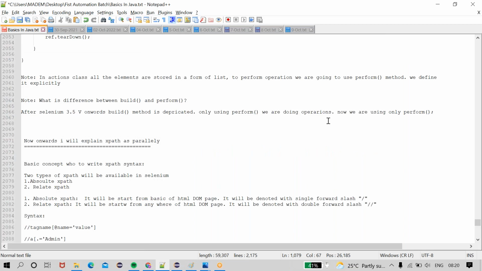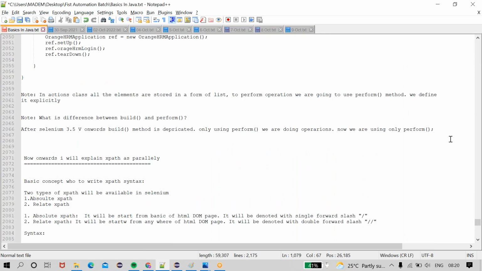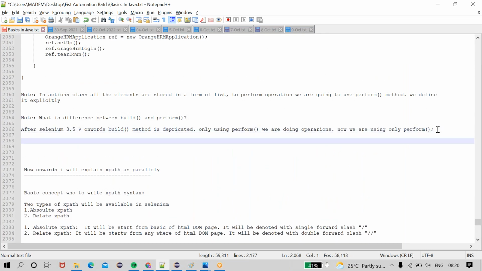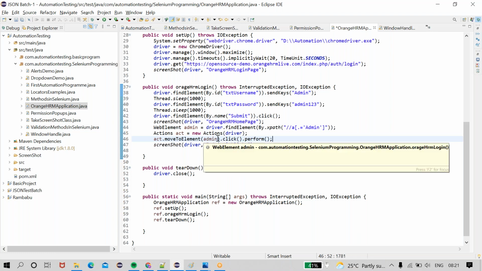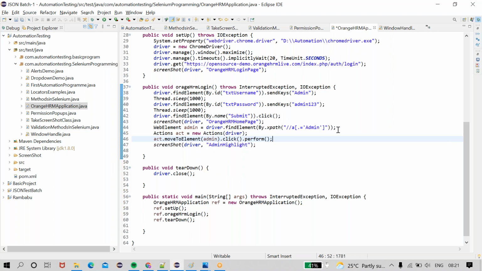Okay, now I am going to perform method chaining by using the actions class. As of now, I move to this admin element.